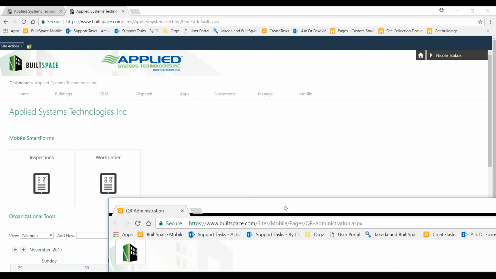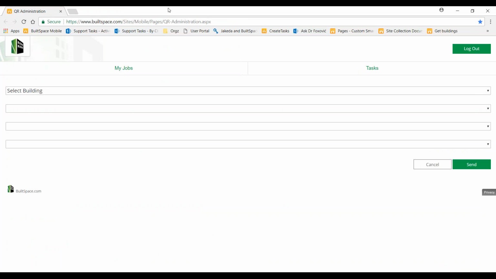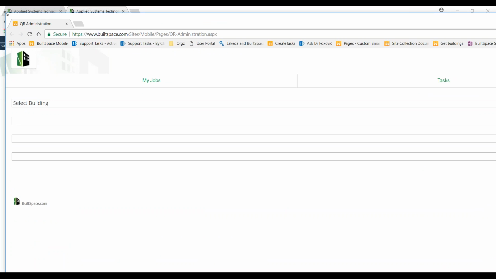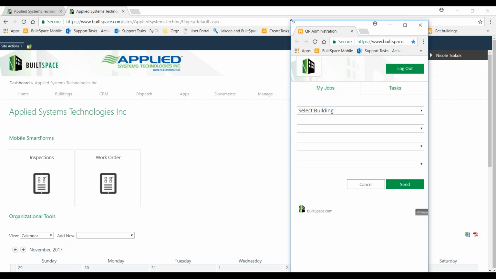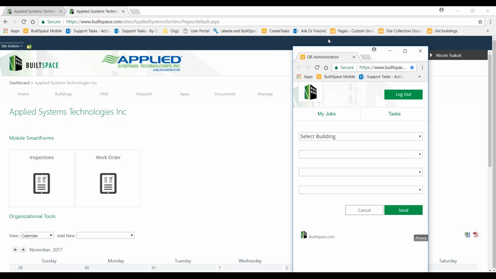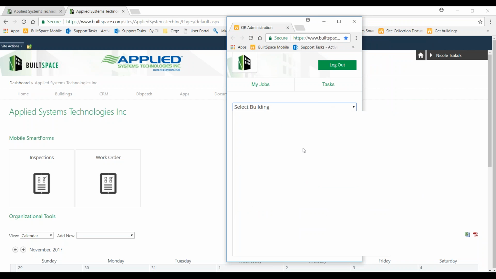Yeah, okay. I can show you here. This is the mobile form. Not really a form, but a website. I thought I sent you this before. I can send it again. So if you select your building,